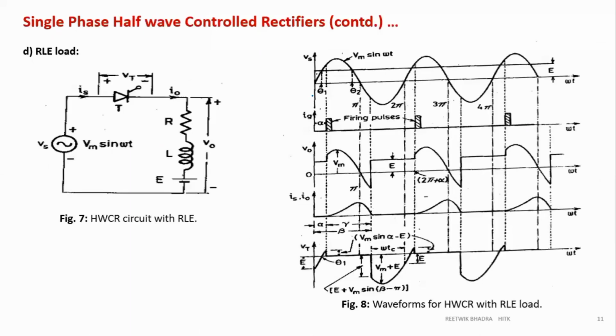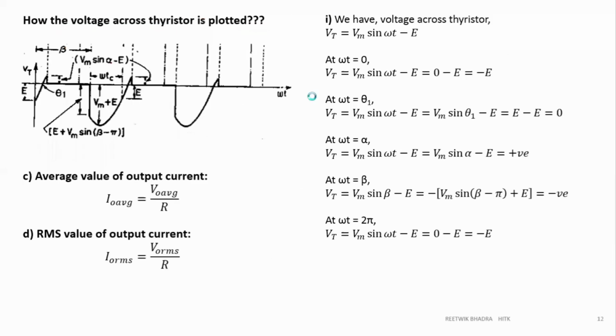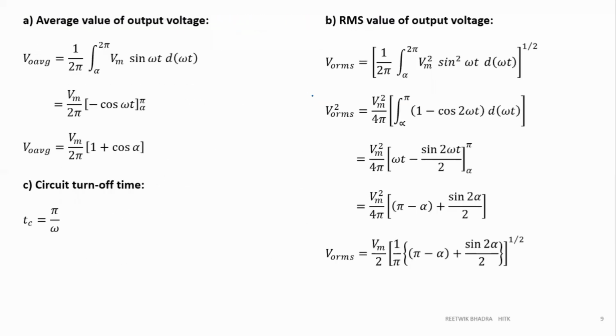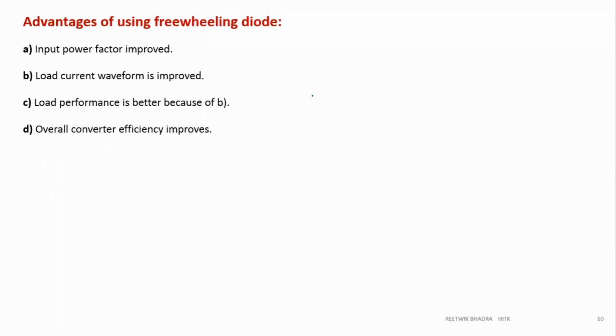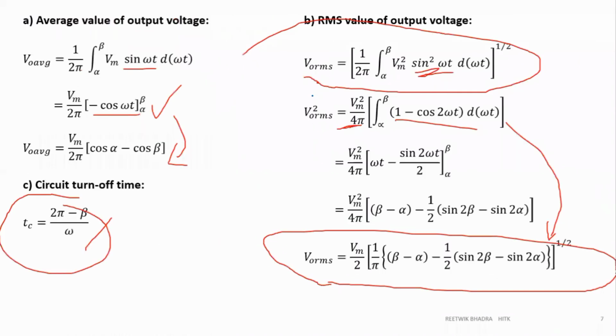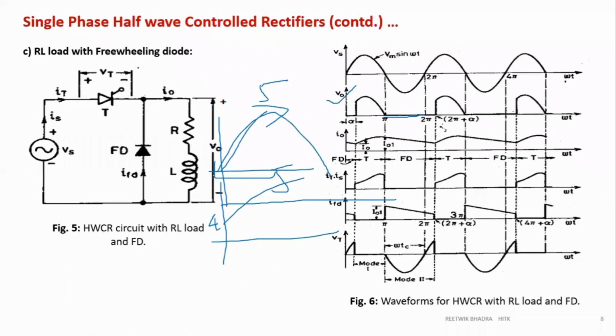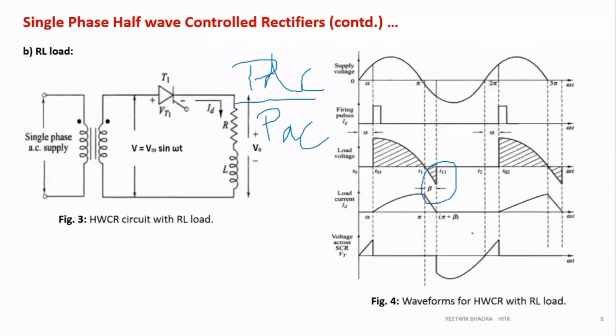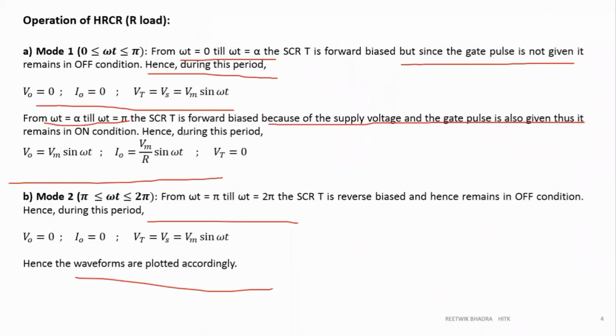Tomorrow we'll go through single phase with RL load. There are many big topics. For each load you have to understand which load is being used, and according to the question given in your exam, you have to use the formula and explain whatever I have asked. If I ask you to explain RL with freewheeling diode, then you have to draw this waveform and write an explanation. Explanation means you have to write it down like this. For each circuit, please write an explanation on your own like this. Okay, so this is for today's lecture. Just go through it.